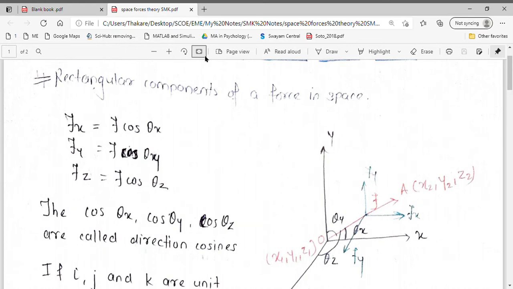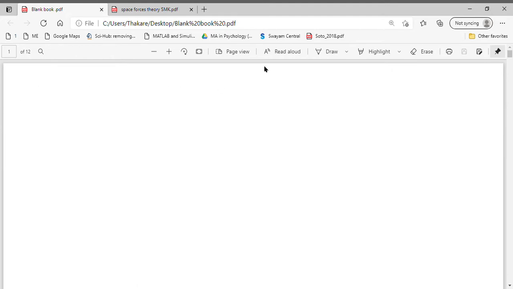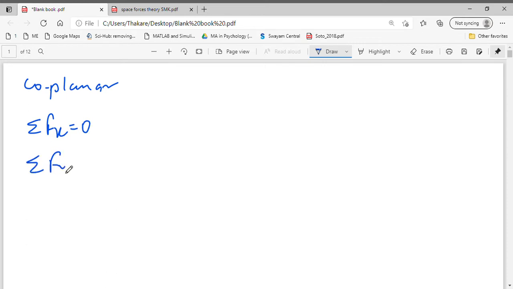Hello all, in this video we will be discussing theory about space force system or non-coplanar force system. Up until now in unit 1 and unit 2 and unit 3 part E we discussed the coplanar force system and equilibrium of coplanar force system. For a coplanar force system we have three conditions of equilibrium, which are summation of forces in x to be 0, summation of forces in y to be 0,